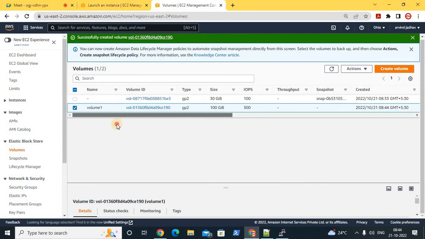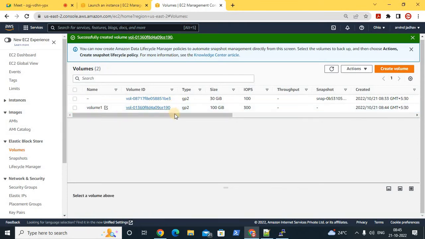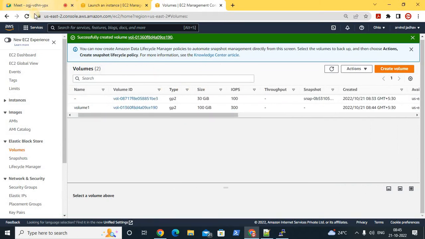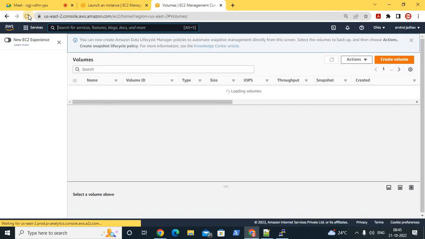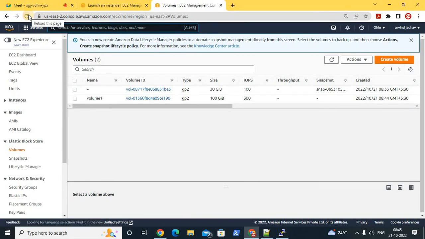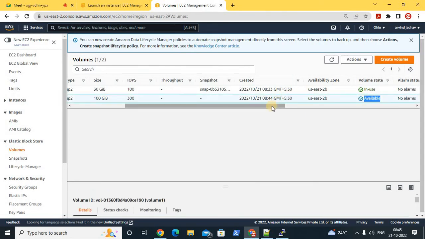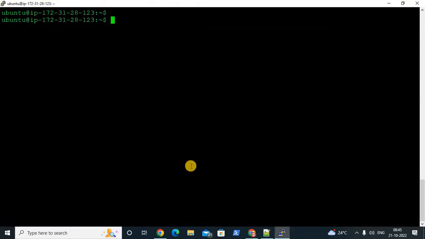Now we created that volume. हमने volume तो create कर लिया. It took some time. Wait for a few minutes. The volume is created. Once it is created, now we need to attach that volume to the existing OS. I will show you how we'll attach that. Right now this volume is available. See, volume is available. So now when we use lsblk command,